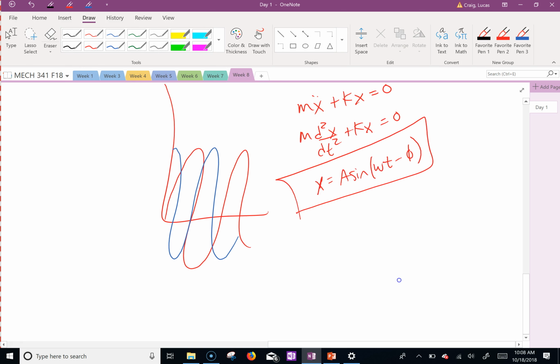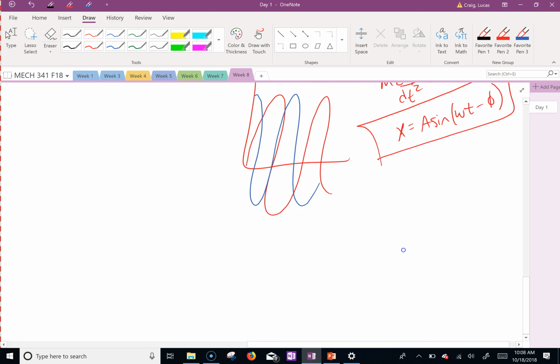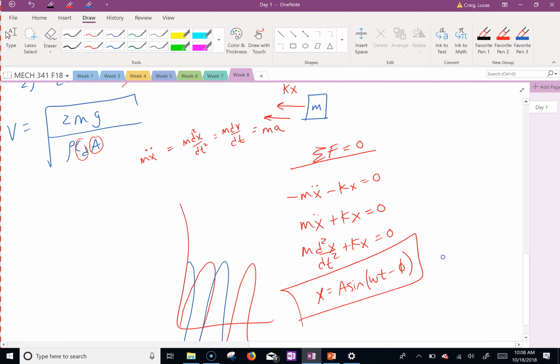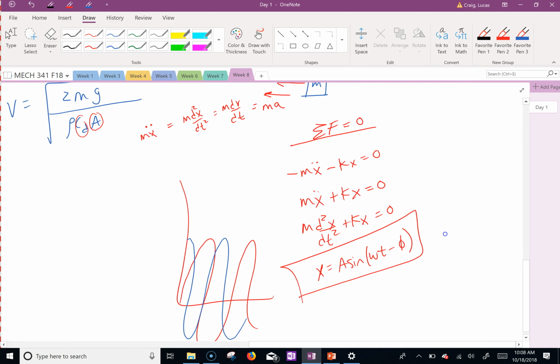Wheatstone bridge in the mechanical system. I do not know how to do it. Well, we're screwed. That's what we're trying to do. That's what you're doing? Okay. We're really screwed.